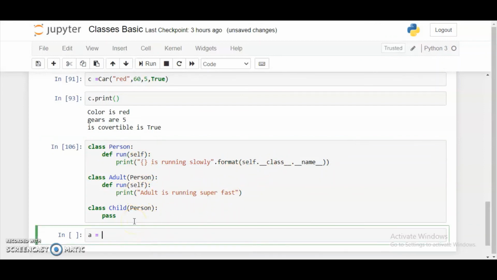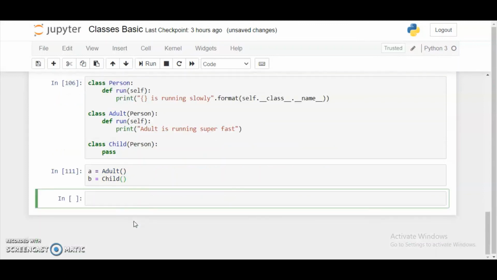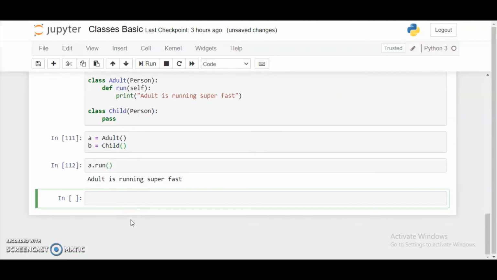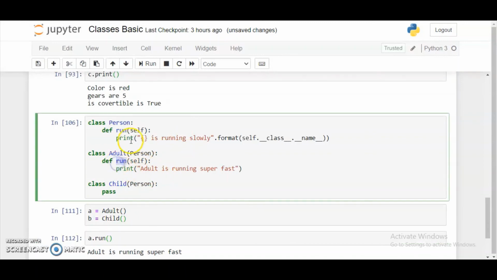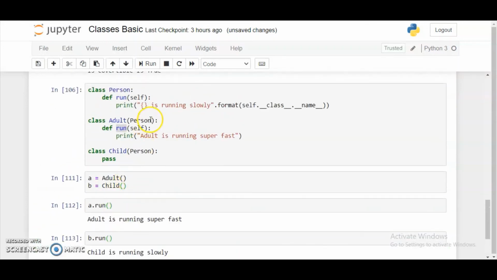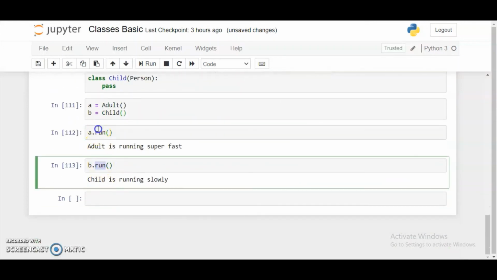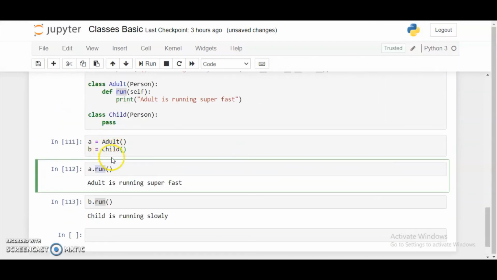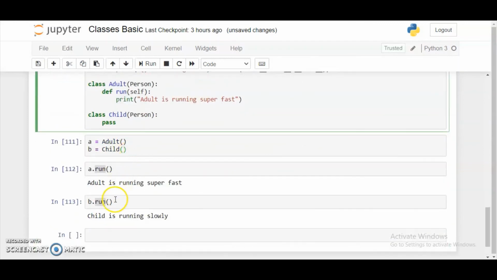So let's define an object of the adult class. That would be like this, and for the child class that would be like this, right? Now if I do a dot run, then it would give me "adult is running super fast," because here this run function overrode the parent class function. But if I do b dot run, here you can see that the functions we called are the same, and both these classes are deriving from the parent class only.